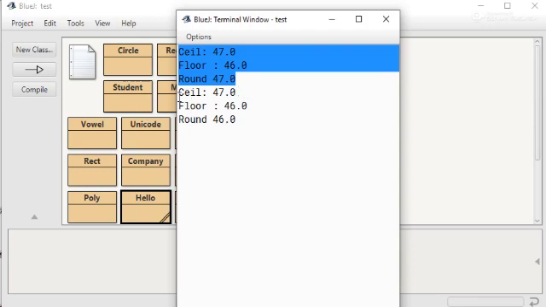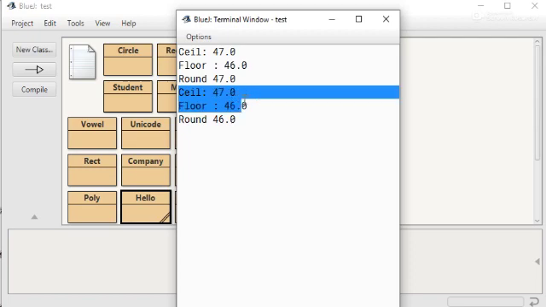But when we change to 46.2, these 3 lines are the result of the second execution, in which ceiling value and floor value are same but round value is different, because 46.2 is close to 46. So here the output is changed.